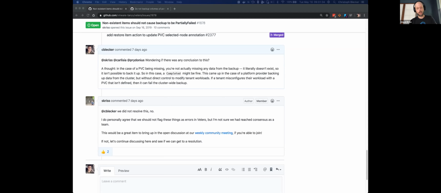Or we could change the backup code that basically gets additional items returned from plugins, which I think is where this tends to come up. And basically anytime an additional item is returned, Velero could check and see if that item actually exists before trying to back it up. And if it doesn't exist, basically not logging an error, not creating a backup failure. So one is a little bit more narrow in scope, one is a little bit more general. I'm not totally sure which approach would make sense, but I think it sounds like the more general one,